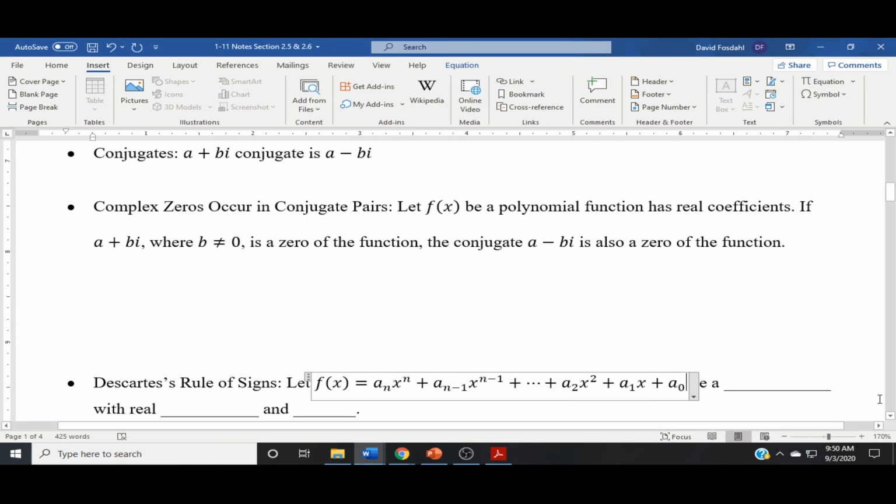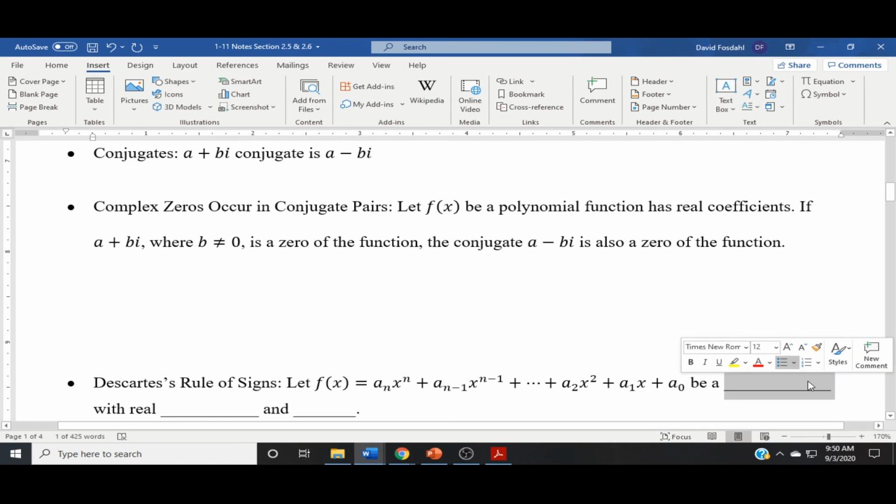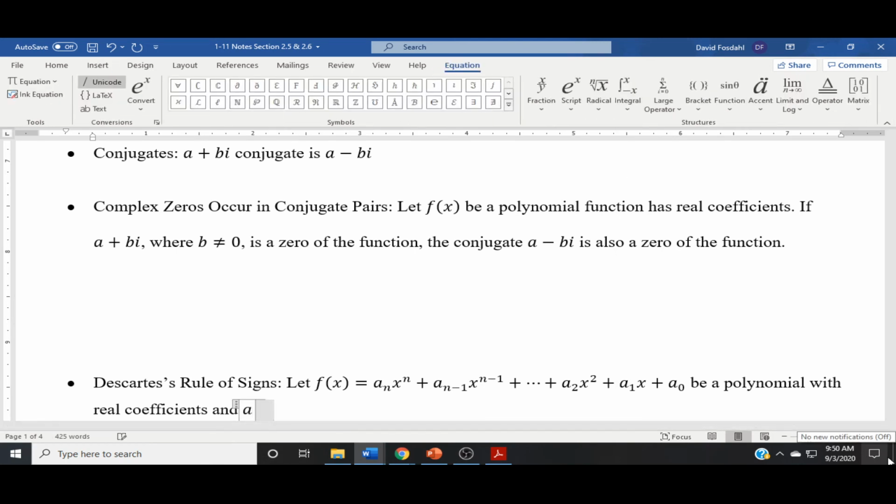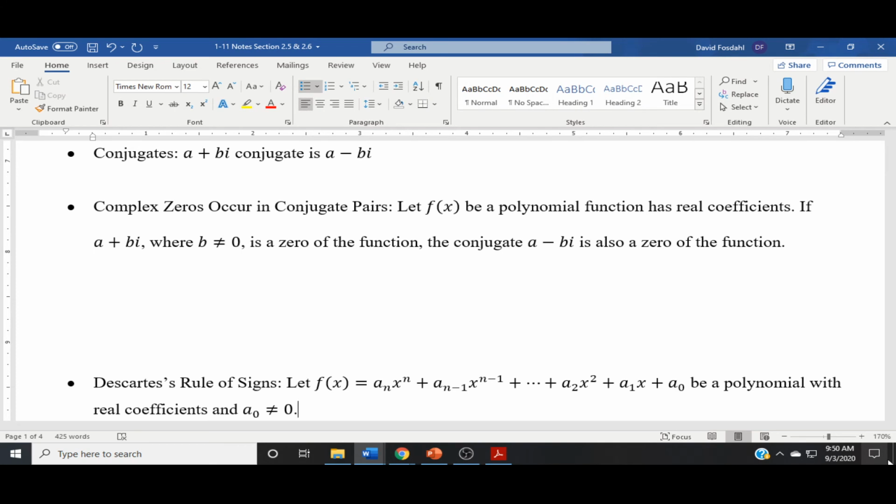Okay, let that be our function, a polynomial with real coefficients and a sub 0 is not equal to 0. Okay. As long as that's true,